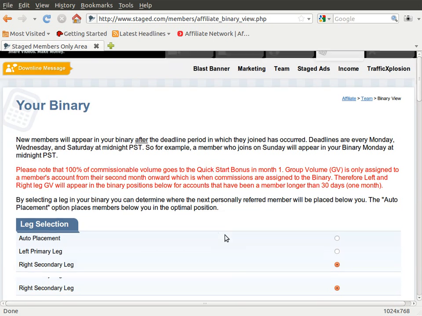Now with a binary, you have two legs, a left leg and a right leg. And you get to tell us, when you personally refer people, do you want that person to go in your right leg? Do you want them to go in your left leg? Or if you select auto placement, you are telling the system to put the next person that you personally sponsor into the most optimal position below you, whether that's your left leg or your right leg, to help you get the most earnings out of that new member coming in. So you have the freedom of placing people, or you can let the system do it for you. So when we talk about placing people,